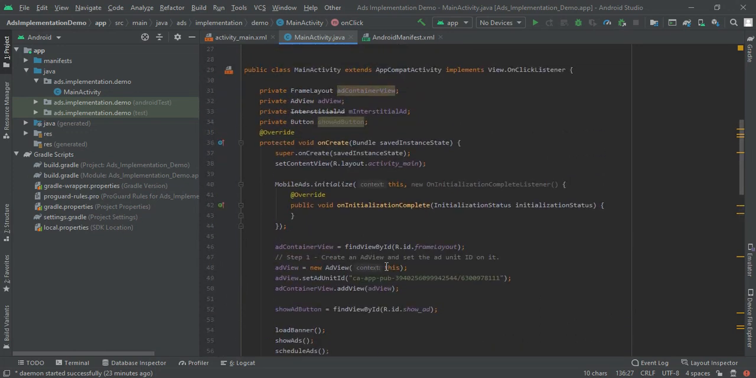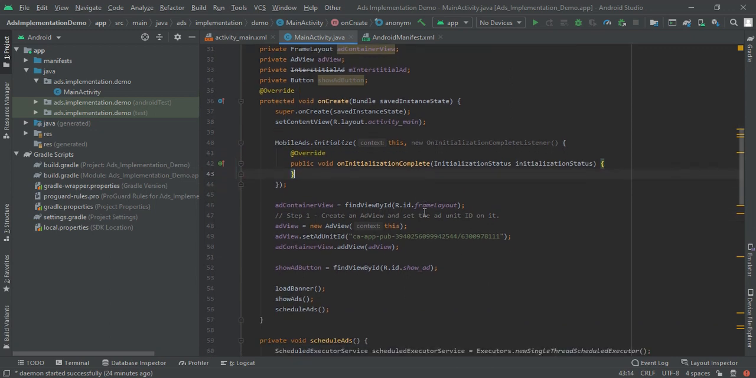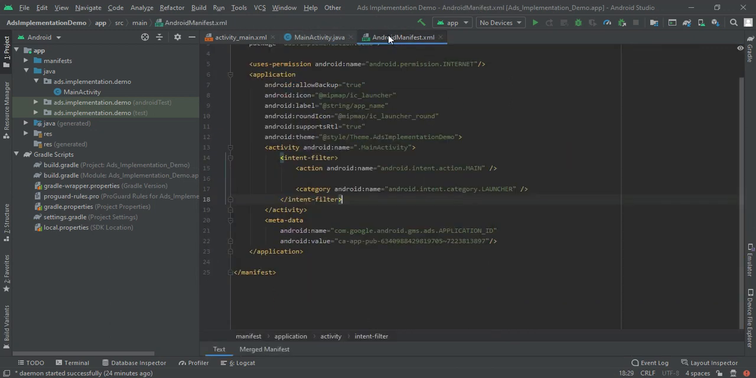Here, first I am going to add MobileAds.initialize, then pass our context, this, then new OnInitializationCompleteListener, or you can write your application id here also. So first write MobileAds.initialize, this, and new OnInitializationCompleteListener, then move to the manifest file and come to the